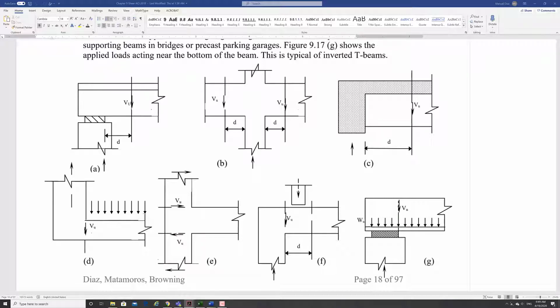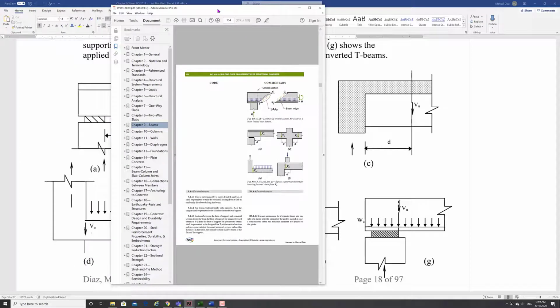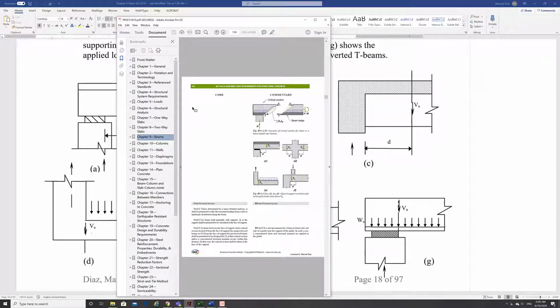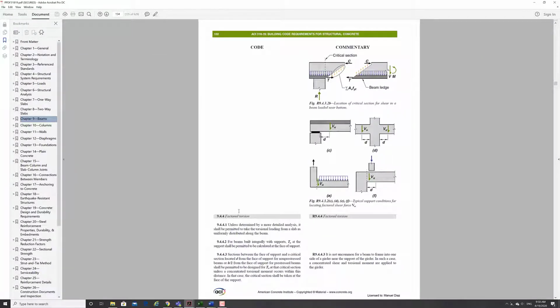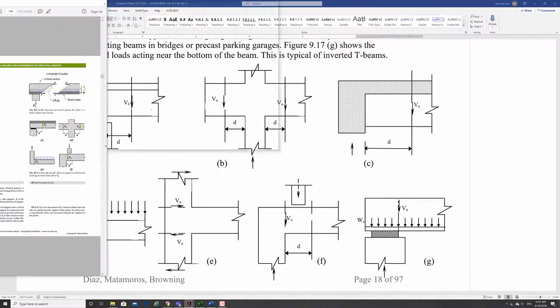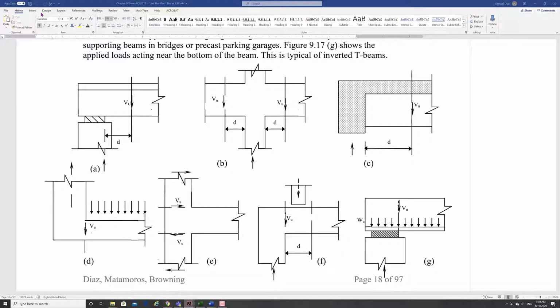They're also shown in your code, so you need to find them. They are in your code, of course, in the section for beams, chapter 9, right? And here they are. See, this is the one where you load below the neutral axis. Your critical section is at the face of the support. You have a tension reaction, face of the support. You have a point load within the distance D, you take it at the face of the support. Other cases at the distance D. Okay? So that's one of the examples I want to do, and so let me look for it